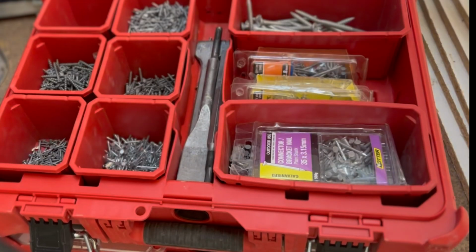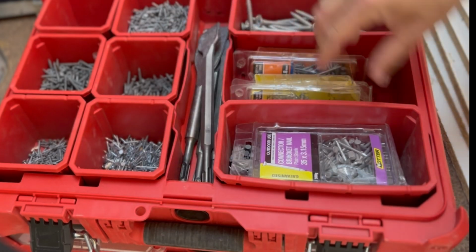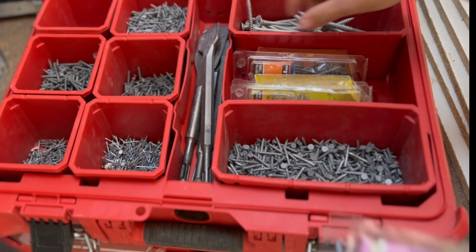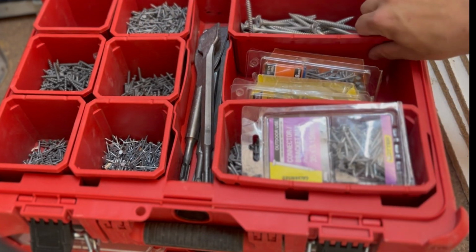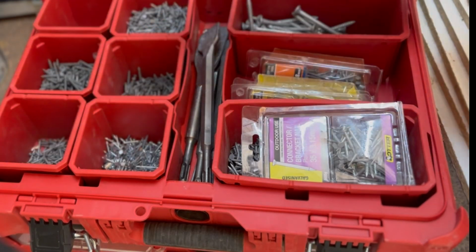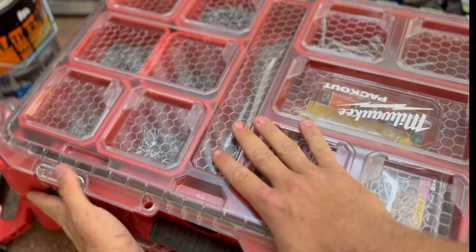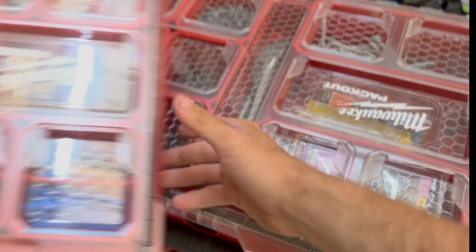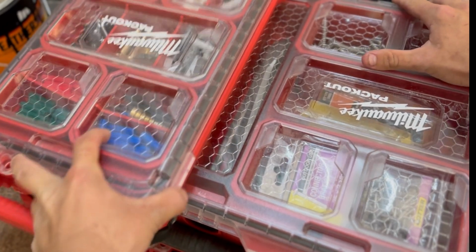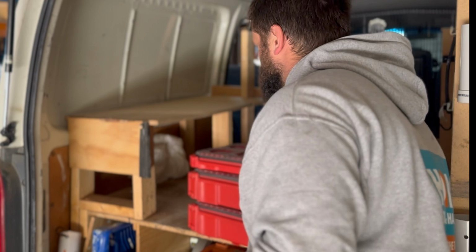This is our next one. In the center here, I've got the bits for my hammer drill. So they live in the center here. And this is mostly nails and clouts. You can see quite a lot of nails, clouts, and there is a tub here of 100mm batten screws. But yeah, mostly nails, clouts, and just some overlap. Milwaukee pack-out system is expensive, but I do like that you can just sort of clip everything together. And you have to have this. You don't want to just have all of this loose. My big screw box